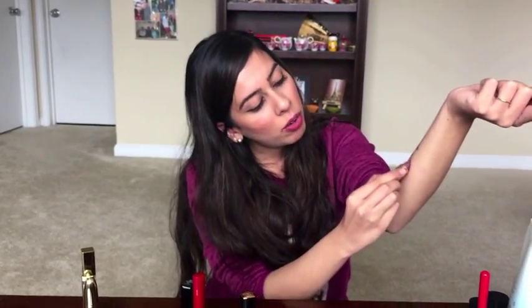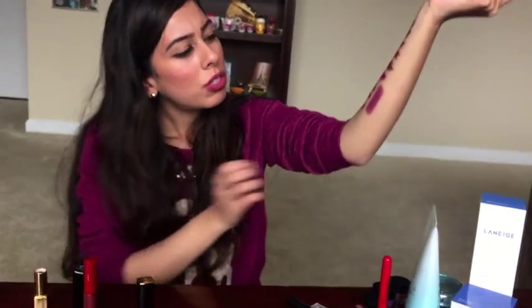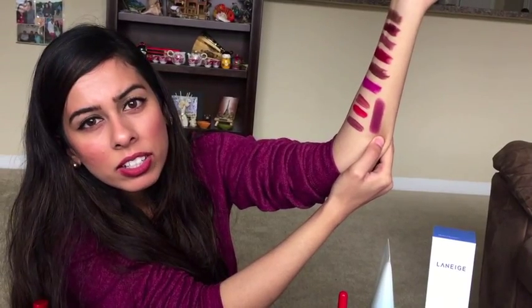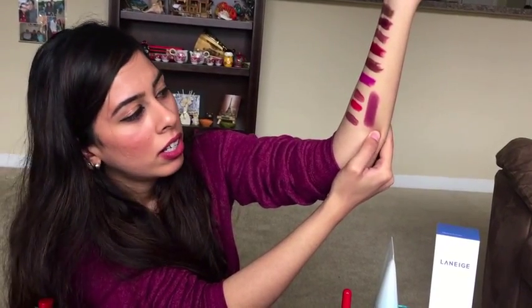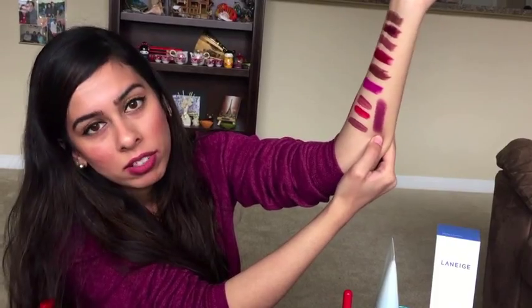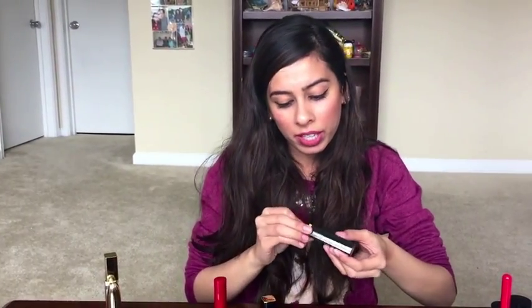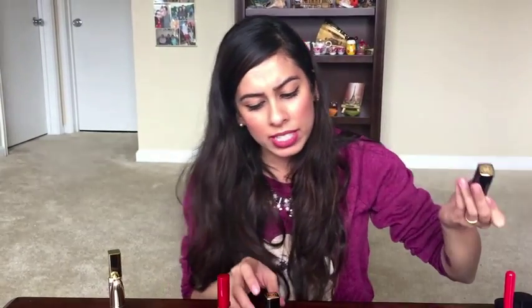But here it is. So if Dominique was too cool toned, this might be a little more dusty, a little more subtle for you to wear than Dominique from NARS. So that's that. That's Chanel La Adore. This was released as last year's spring collection, but it's still available